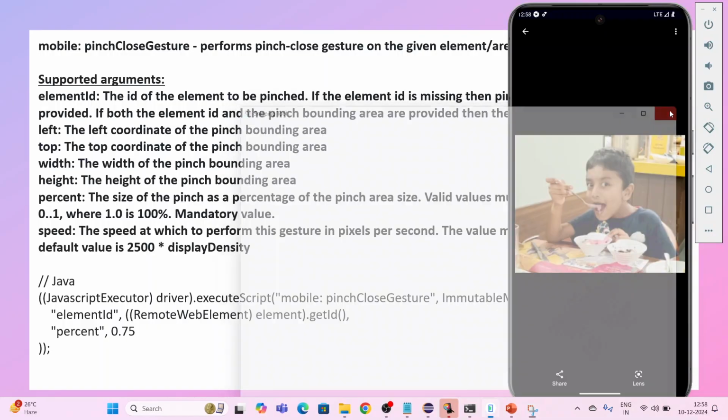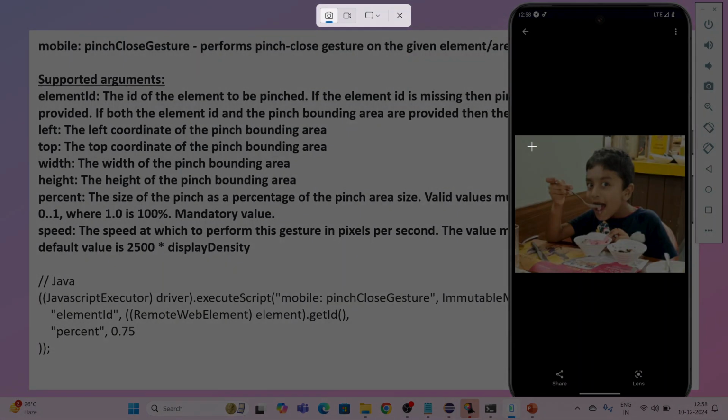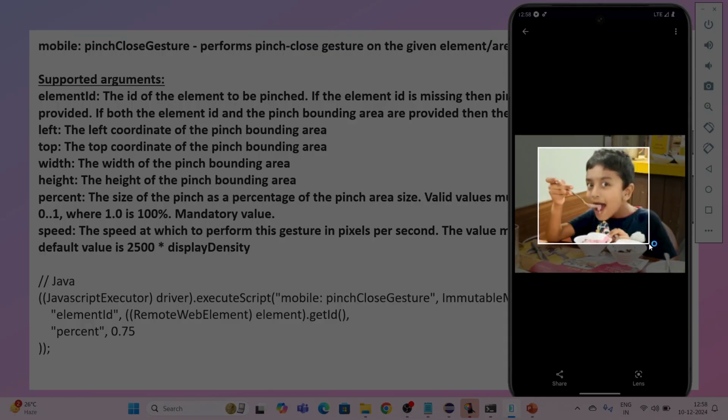So once again I'll tell you. If I click on print screen, you see the plus mark. It is the top left. This is the left distance and this is the top distance. If I place it here, this becomes my top left coordinates, and as I drag this, this circle, this square, is my pinch bounding area, and the arrow you see here, that is the